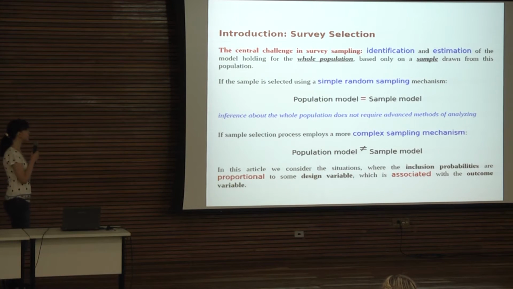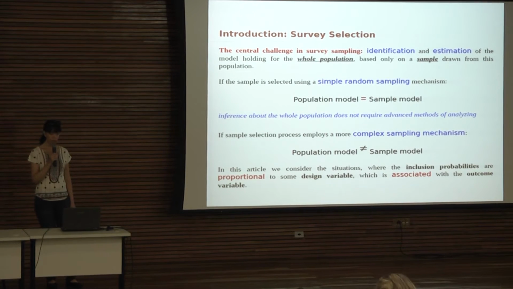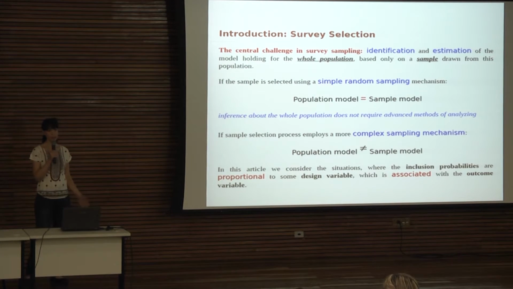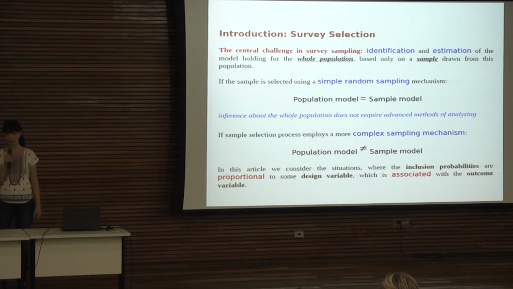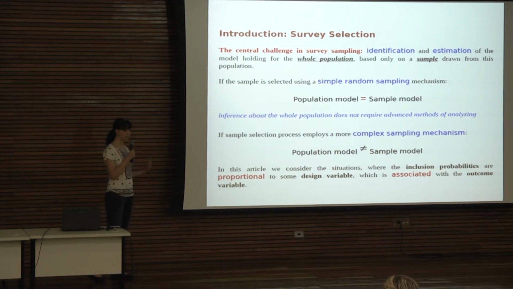Now let's give a brief description of the problem of informative sampling. Generally, in order to evaluate characteristics of the population, for example, distribution holding in the whole population, we usually draw a sample from this population. In many surveys, a sample is selected using a simple random sampling mechanism. In this case, the population model coincides with the sample model, and inference about the whole population based on the sample drawn utilizing the simple random sampling doesn't require advanced